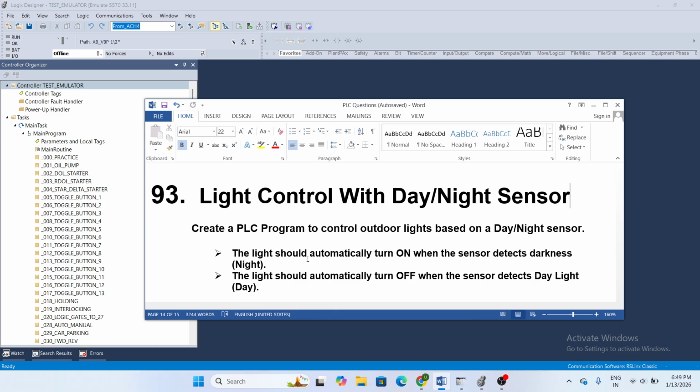Second, the light should automatically turn off when the sensor detects daylight. When any sensor detects the light of day, then the light will automatically be off. This type of logic we are going to create and develop in the PLC programming software.